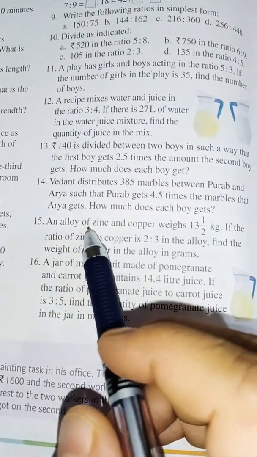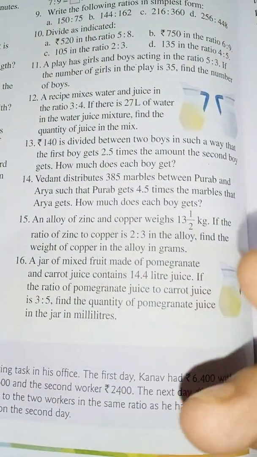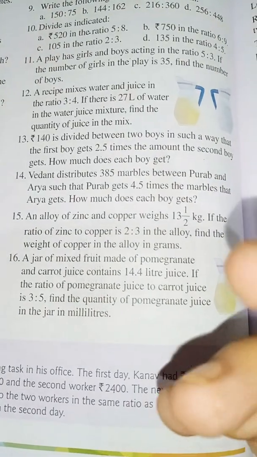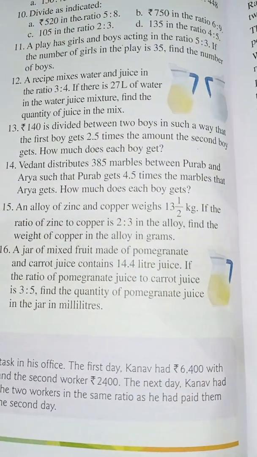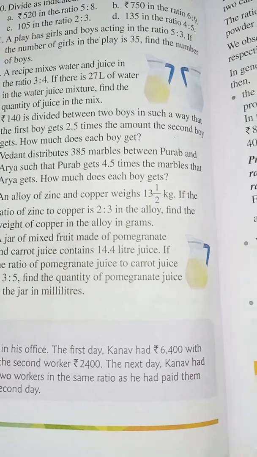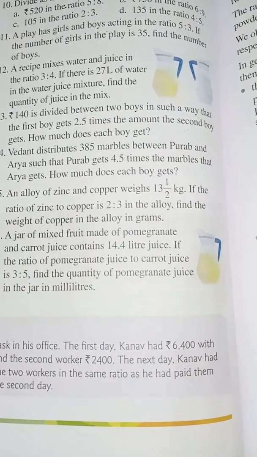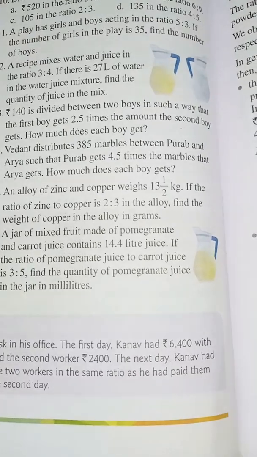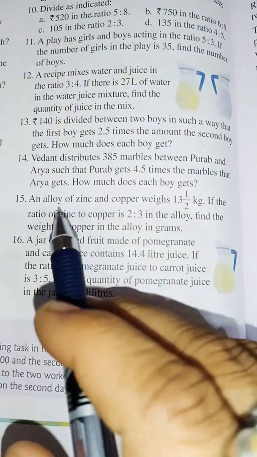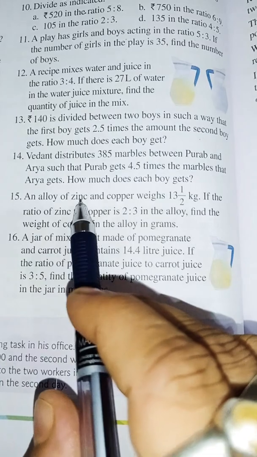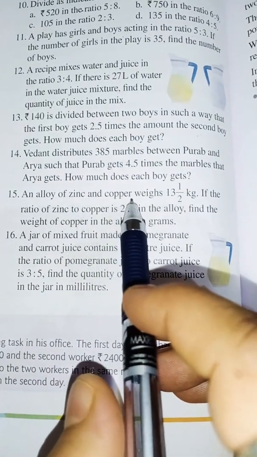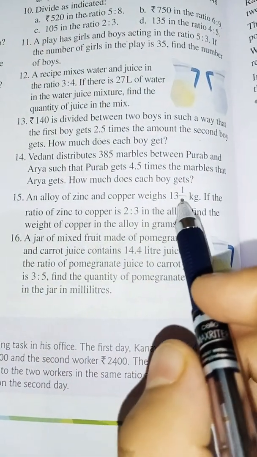An alloy of zinc and copper. What is alloy actually? Alloy is a substance made by mixing two different metals or metals and non-metals. मतलब उनको mix करके बनाया जाता है. Like when we tell about stainless steel or steel, that is a mixture actually. It's a mixture of iron, tin, many things. So similarly here one alloy is made by mixing zinc and copper such that the total weight of the alloy